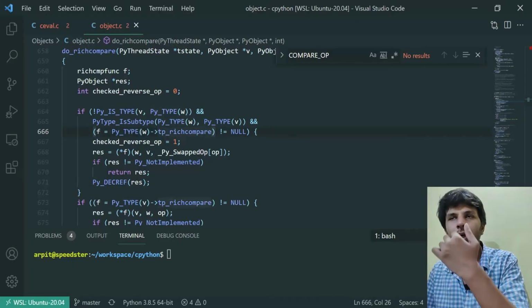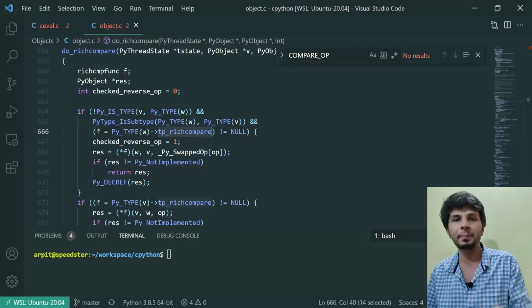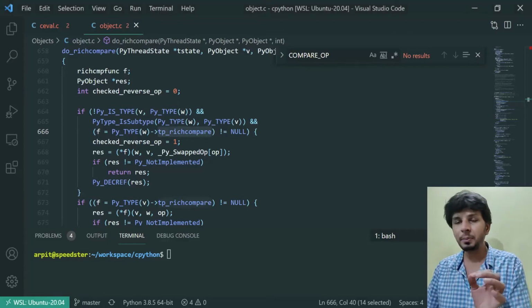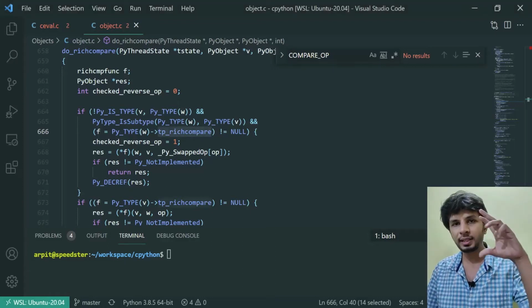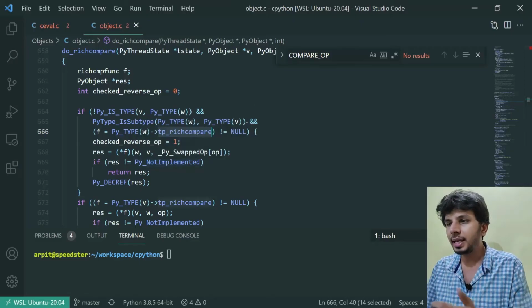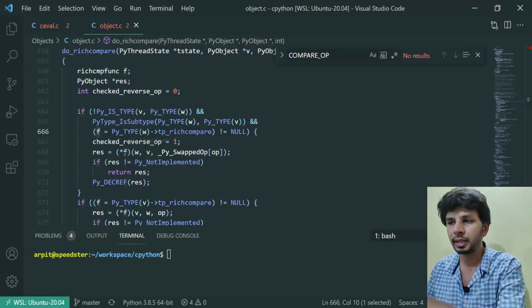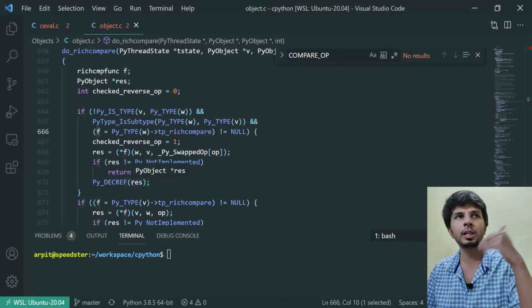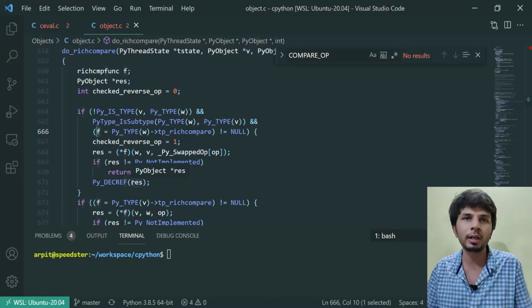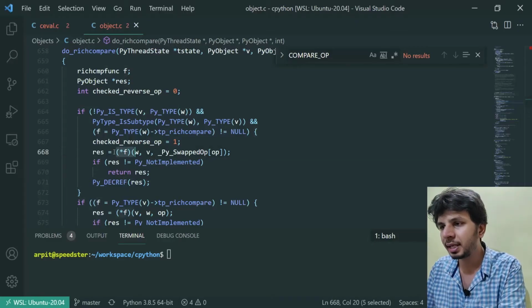Basically it is trying to access its member called tp_richcompare. So tp_richcompare looks like nothing but the member of the struct that holds the function pointer, right? And then it is storing it in f. If it is not null, then it actually invokes that function. If the corresponding thing is set, then only invoke, otherwise obviously if it is null, you can't invoke a null function. So it is storing it in f, and then here it is dereferencing it and invoking it.